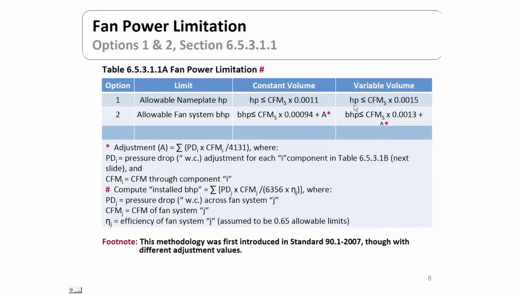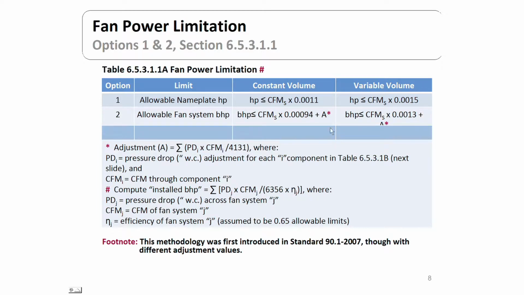So it's a little more lenient there, allowing the higher amount of horsepower per CFM, because it's known that that fan will be varying in its speed during the operation of the building. Option number 2 allows a much more detailed look at what's called brake horsepower in lieu of the nameplate horsepower. And the brake horsepower has to be less than CFM times